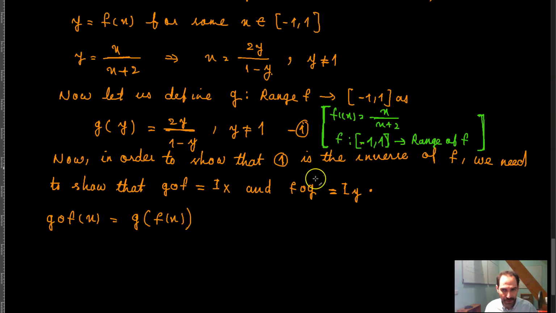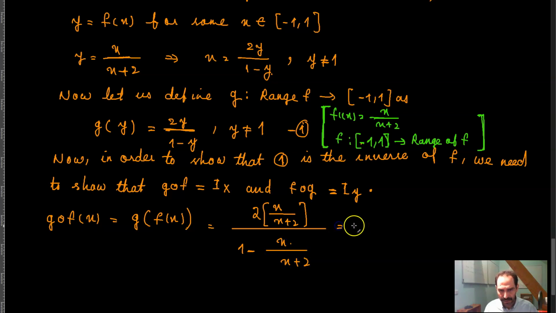So this is equal to 2 times x over x plus 2, and then we have 1 minus x over x plus 2. That is the same thing as 2x over x plus 2 over x plus 2, and 1 times x plus 2 is equal to x plus 2 minus x. These two will be cancelled out,